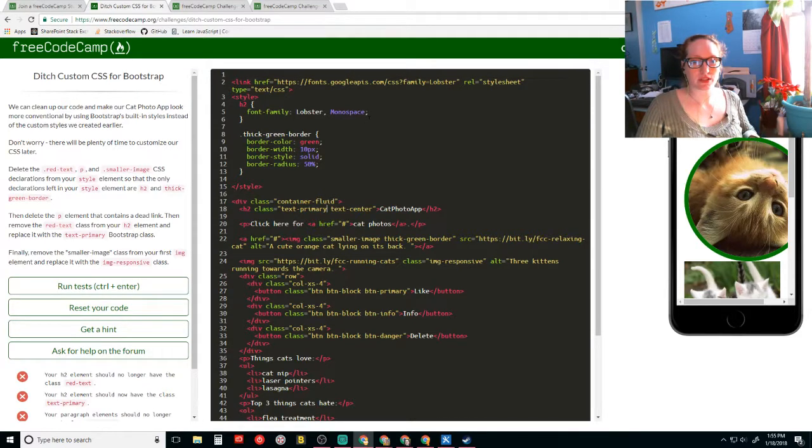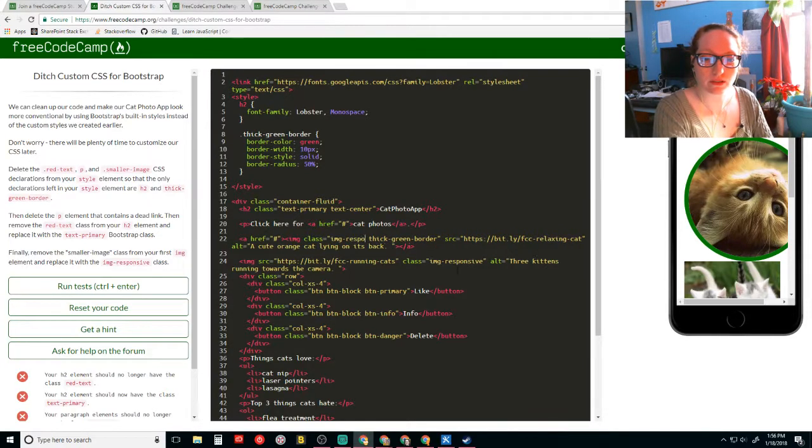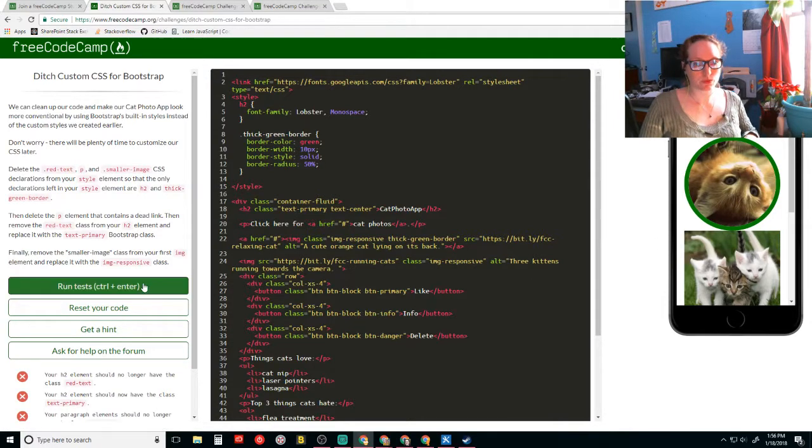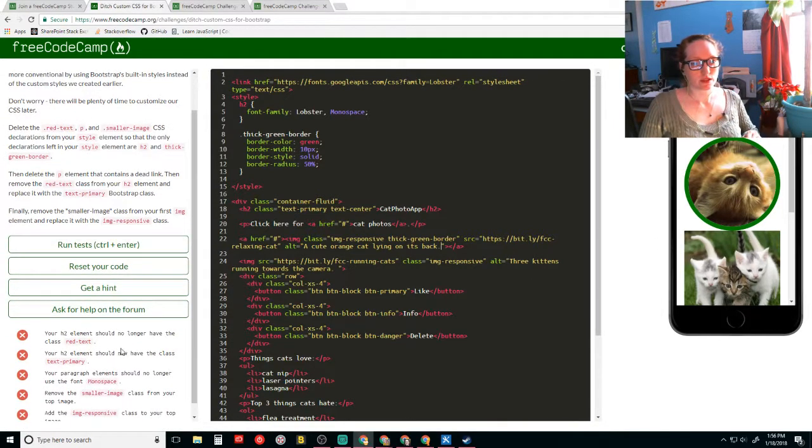Image responsive class. And by tagging it as responsive, it makes it the Bootstrap stuff. That worked. No longer have red text, right?